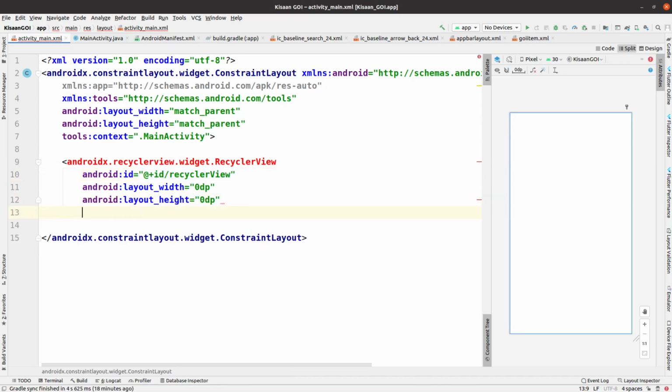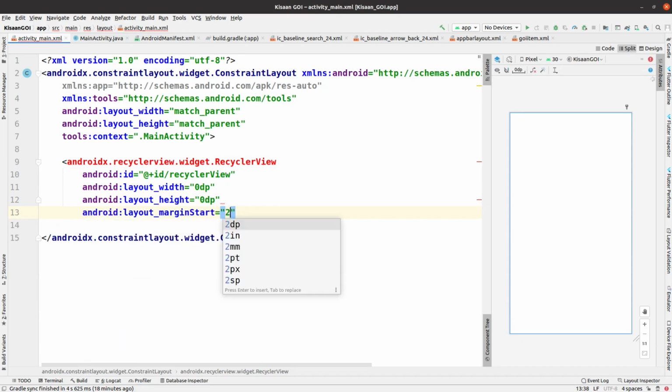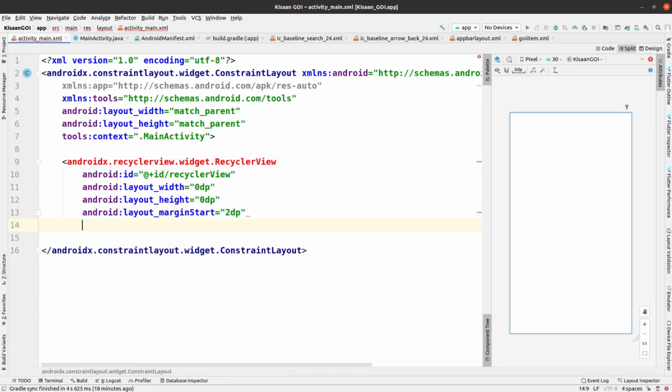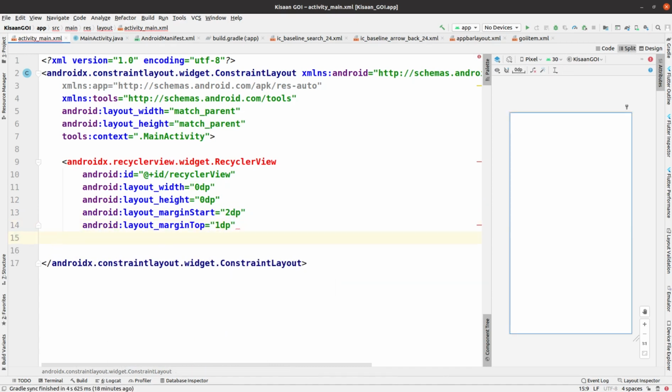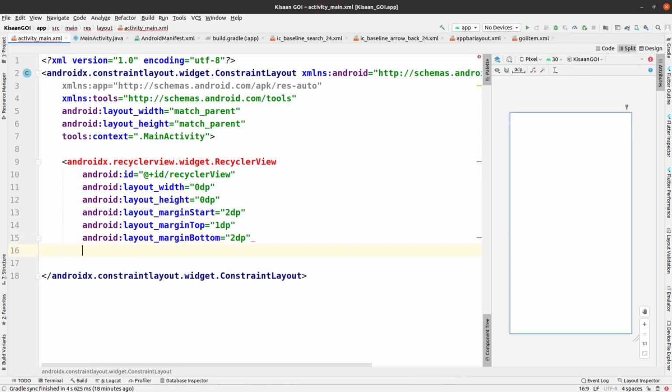I have to give the ID for this recycler view. I have given the recycler view, and the V is capital. Now the layout margin start is 2 dp and margin from the top side is 1 dp, just adjusting it a little bit.